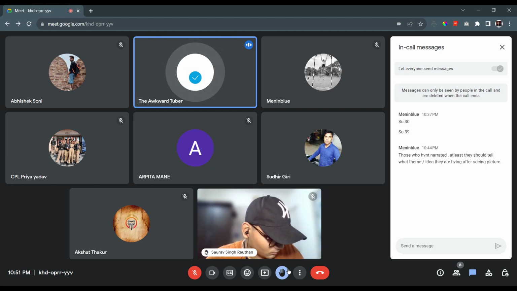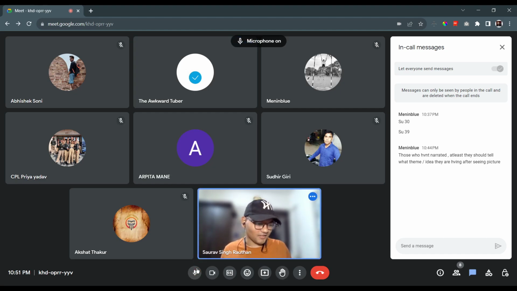Saurav, I think your time is over. Okay, so I'll start narrating. From the given picture, I perceive two characters, both of them in a negative mood, and their age is around 21 to 22 years. So, Ramesh and Suresh were close college friends, and they always shared everything with each other. One day, Ramesh received a call from Suresh, and he was crying in a very sad mood. So Ramesh asked what the situation was, and he got to know that Suresh's elder brother died in an